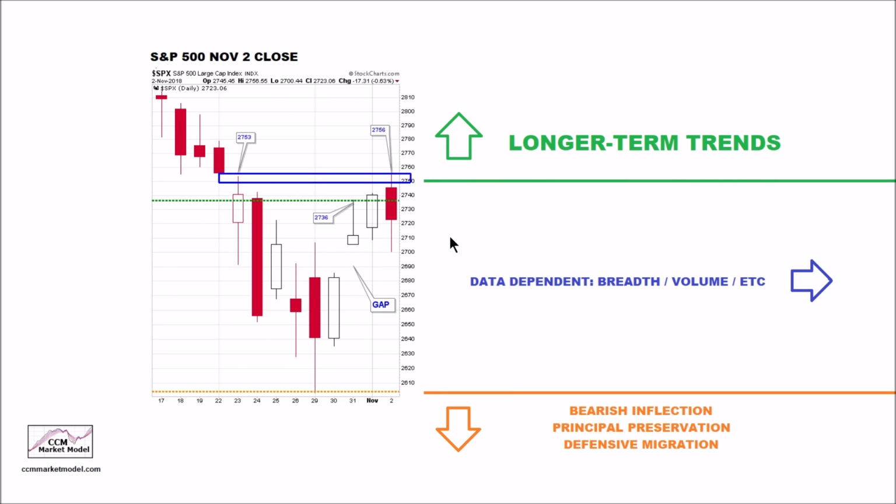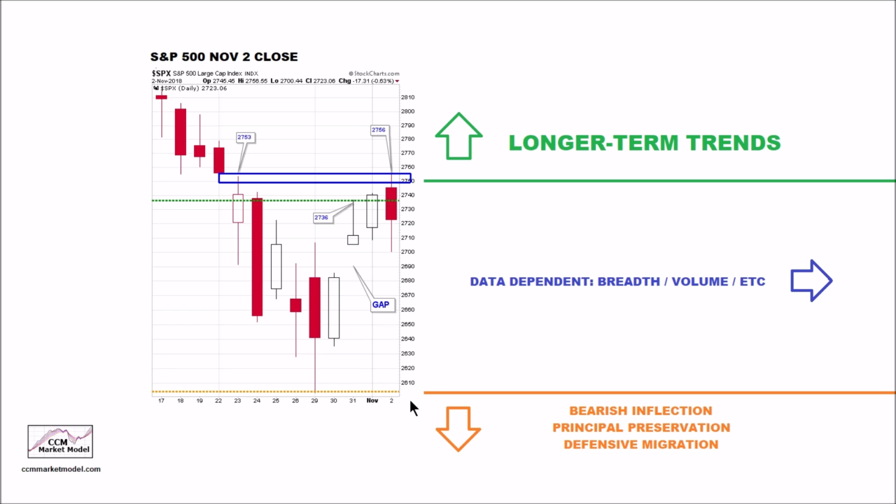In last week's video, we said the further we move away from this low, and this is last week's chart, we have moved further away this week. The S&P 500 was green this week in a big way. That allows us to focus on the longer term trends. But everything we said last week still applies. If the market gets back down in this area here, we'll be looking at the data.